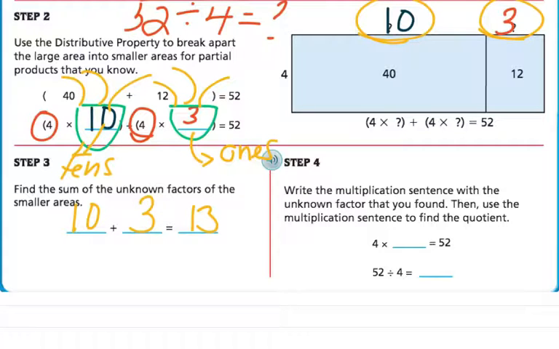And now we have our last step, which says step 4, write the multiplication sentence with the unknown factor that you found. Then use the multiplication sentence to find the quotient. So we have 4 times 13 is equal to 52, the product. Now if we take 52 and make it the dividend, and we divide it by 4, we get the quotient